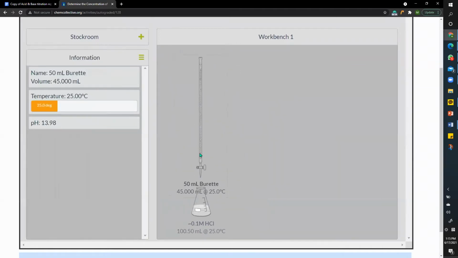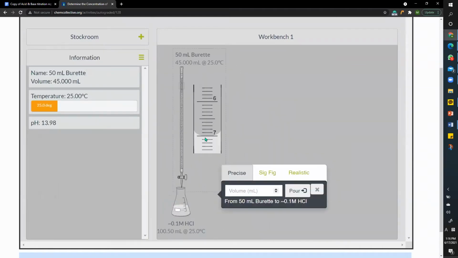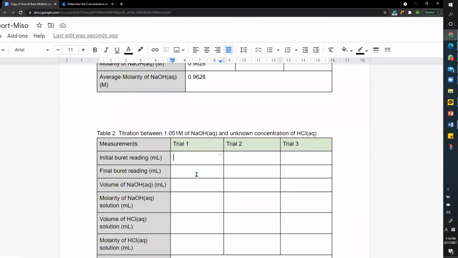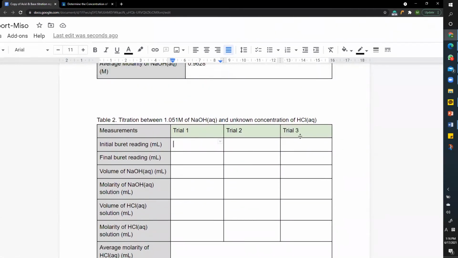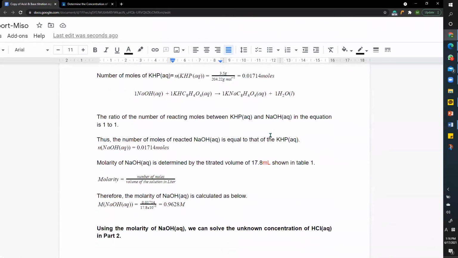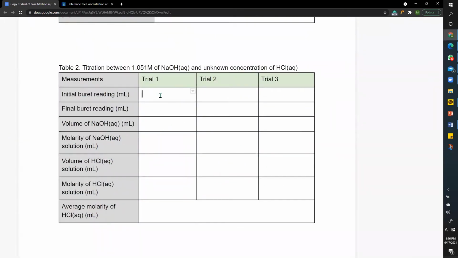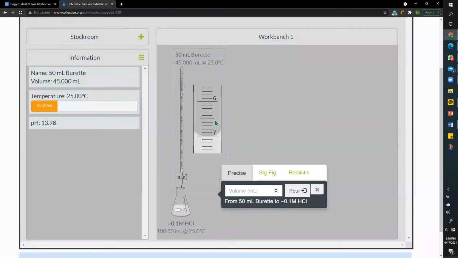Move. You should know the start point, which is 7 milliliter in here. Should not forget this. 7. 7 milliliter. Then we can start. This is just a tip, but